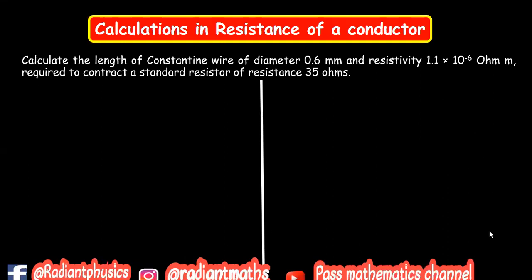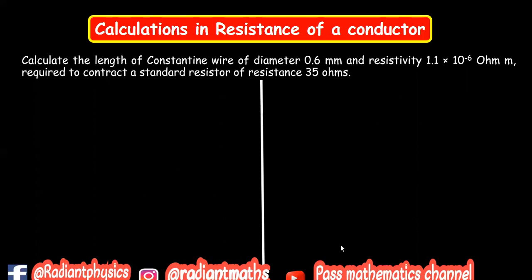Let us consider an example to practice the equation that we have just learned. So here we have a question which says, calculate the length of Constantan wire of diameter 0.6 millimeter and resistivity 1.1 times 10 to the power of 6 ohms meter required to construct a standard resistor of resistance 35 ohms. So in this type of question, what you need to do first